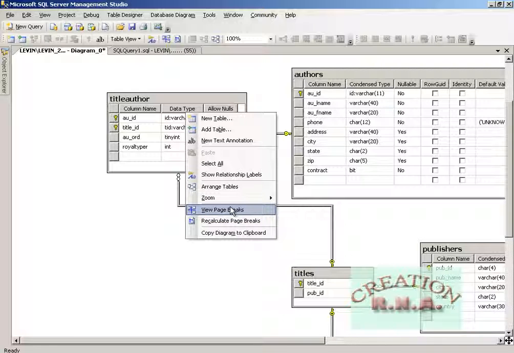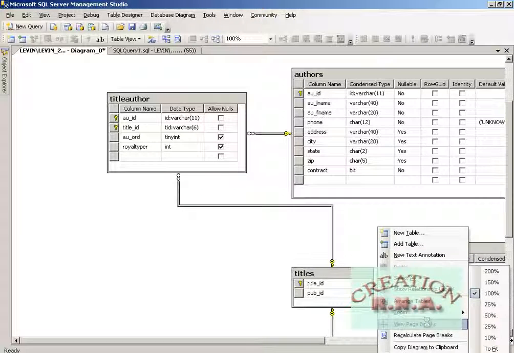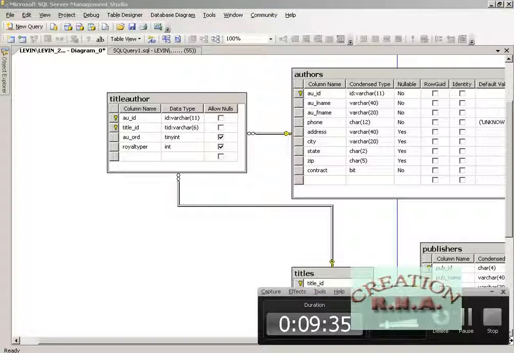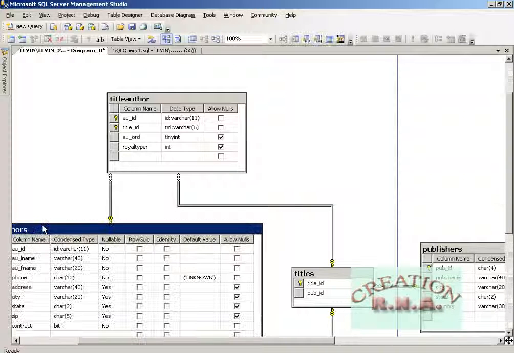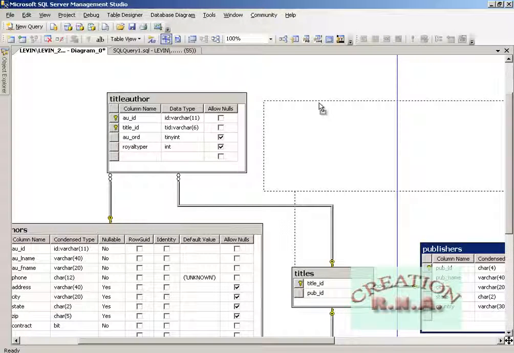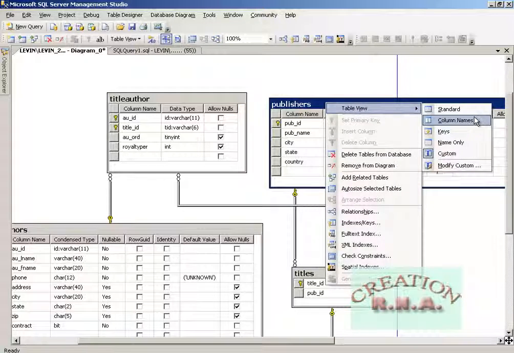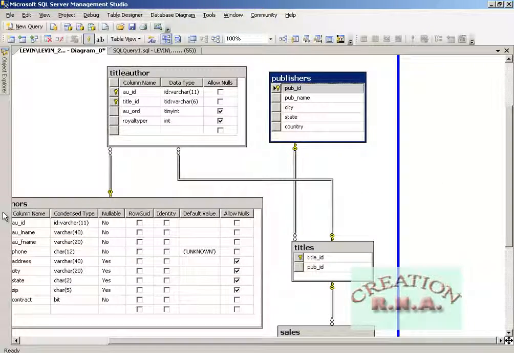Why is there a page break? Because it is there if you want to print it. Let's see what happens with the page break. Now it's showing me, see there is a problem here. It is actually cutting down the table. So I can drag the table to the other side. I can also drag this table somewhere else. I can actually select a few keys, table views with just the column names. So this fits here. So far so good, and we are done with the diagram.